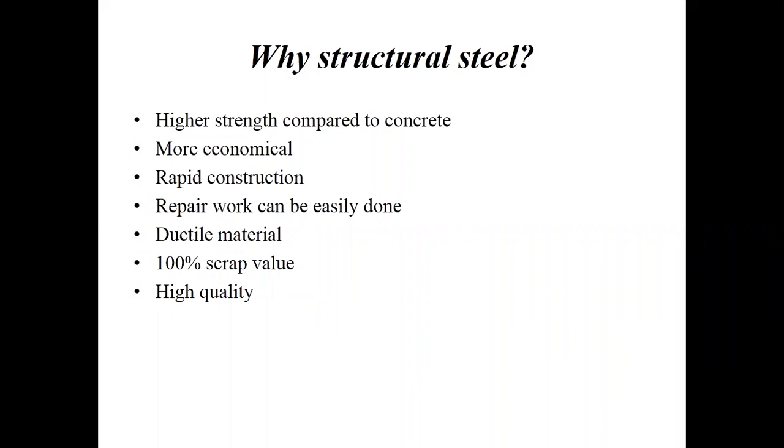Okay, so the strength to weight ratio for the steel section will be higher than the concrete section, because we all know the strength of steel is high compared to concrete, whereas the weight of steel will surely be less than the weight of concrete structures. So when we are going for very large plan buildings or for tall structures and even for bridges, we can use structural steel as the construction material.